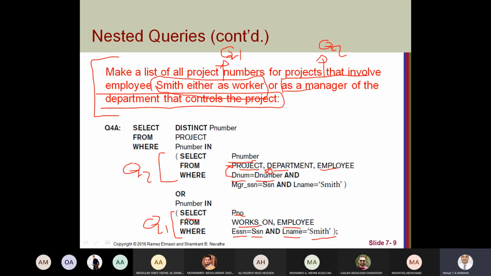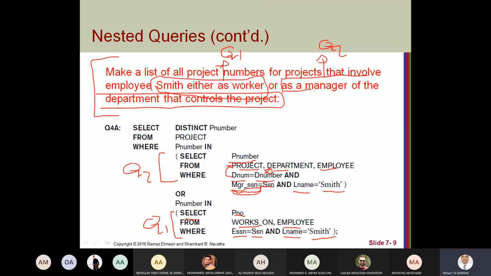Okay, and this will join between department and employee when we have this employee as a manager, his manager SSN, or this department's manager SSN, equal to a specific employee with name Smith.